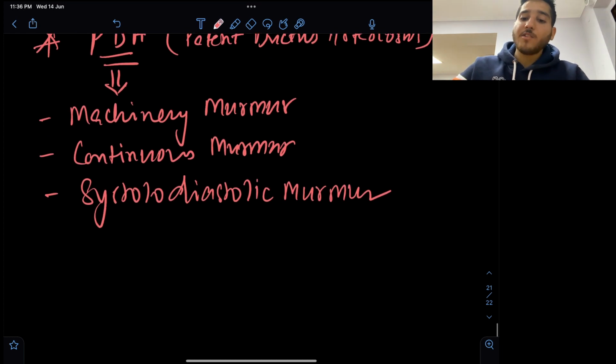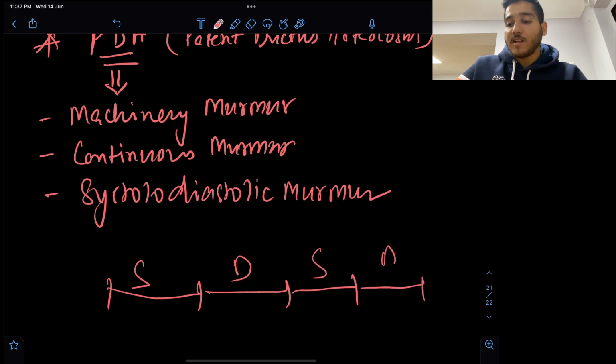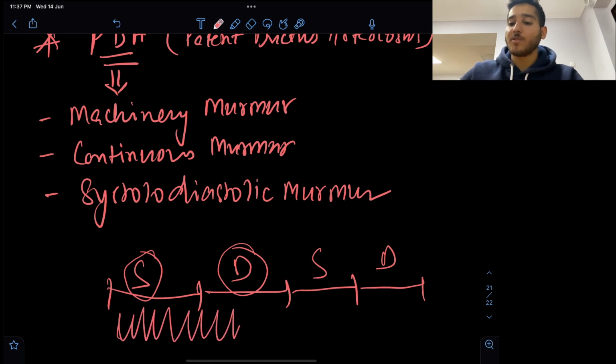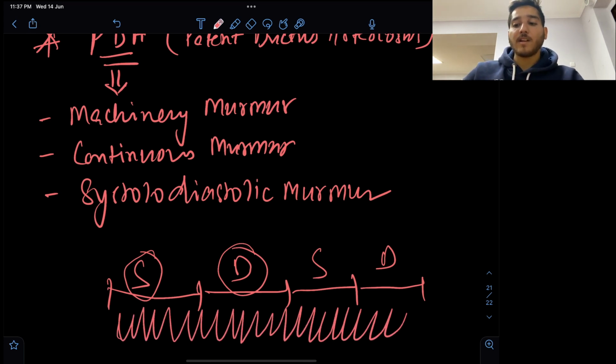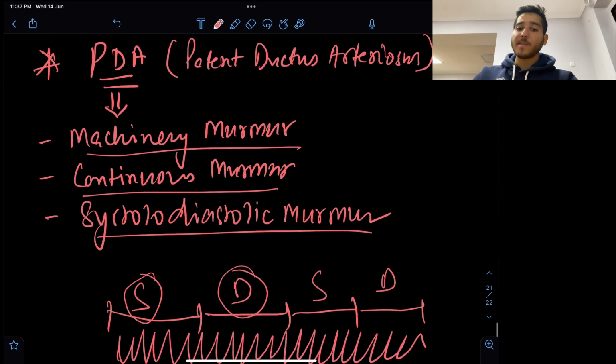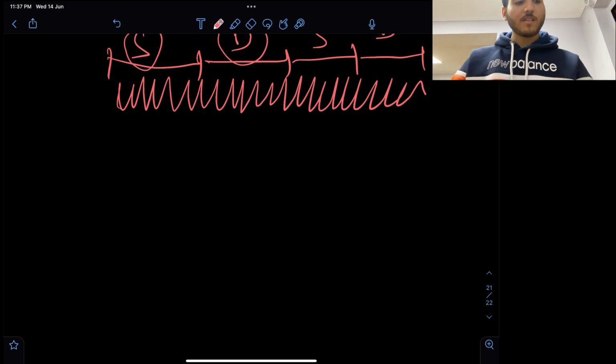Right? So why do we call them machinery murmur, continuous murmur? See, this is the period of systole, then comes diastole, systole, diastole. Some murmurs can be systolic murmur, some can be diastolic, but in the case of PDA, you get murmur during all the time, and this produces the sound of a machine working. Okay, that's why we call it machinery murmur, continuous murmur, or systolo-diastolic murmur. And this we usually get in cases of PDA. Okay,